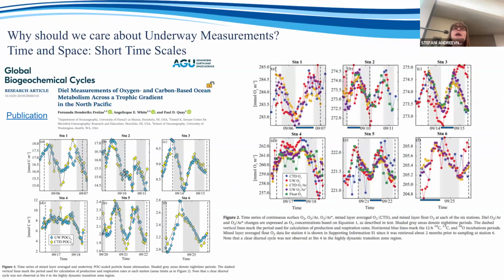All right, so I break this up in two ways. Why do we care about this data in the short term? Why do we care about this data in the long term? And on here, I don't expect you to be able to really read these, but you can see,